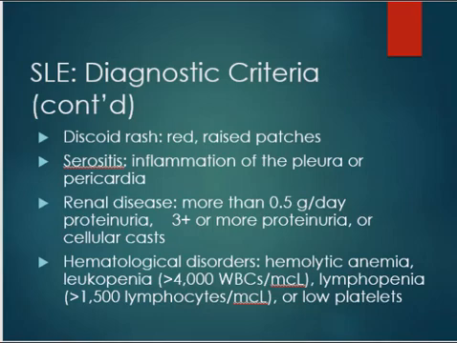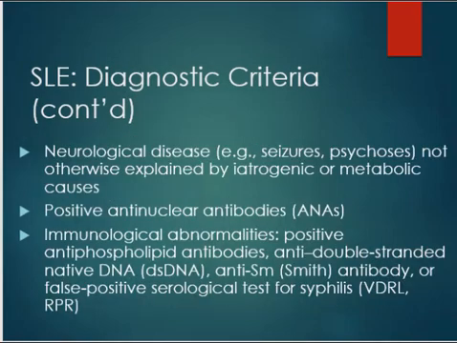We have one more slide. Neurological diseases such as seizures or psychosis not otherwise explained by iatrogenic or metabolic causes, positive ANA, and then other immunological